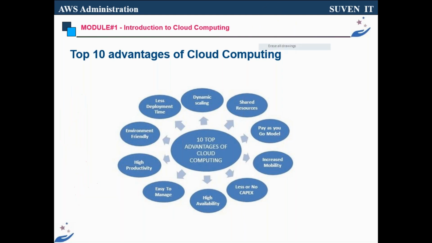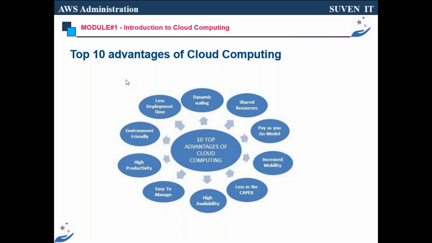So there are hundreds of clouds. Also Rackspace is one of the clouds, which is a private cloud, and one more is OpenShift from Red Hat. Across the globe, there are only 5 to 6 in hand, but only 3 are most popular in public cloud: AWS, Azure, and Google. These 3 are good enough for public cloud. For private cloud, Rackspace and OpenShift are good in the market. So these are enough to understand.